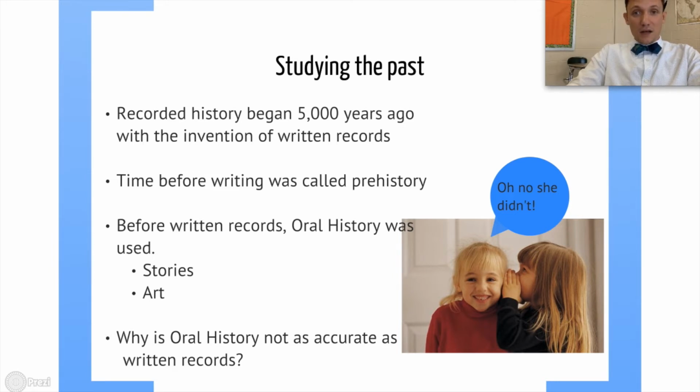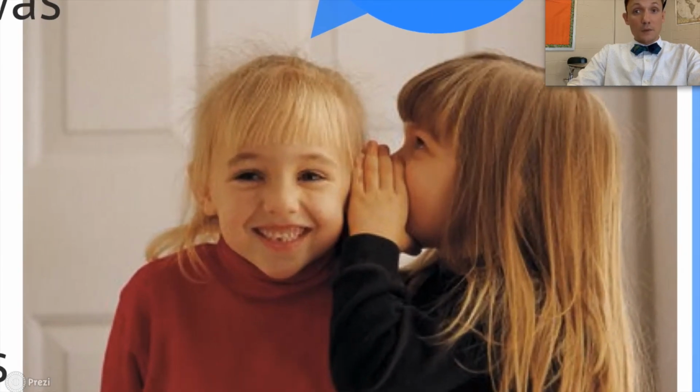Why do we not rely on any type of oral history? I'll give you a hint. Does anybody remember playing telephone when they were little? Exactly. When the message would start on one end of the classroom, as it would get passed around through other people's ears, the entire documentation of that phrase has been totally messed up. So we don't rely on oral history, we rely on written history, which started being recorded about 5,000 years ago.